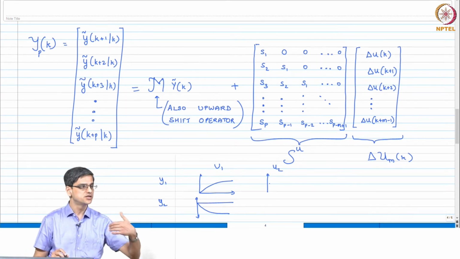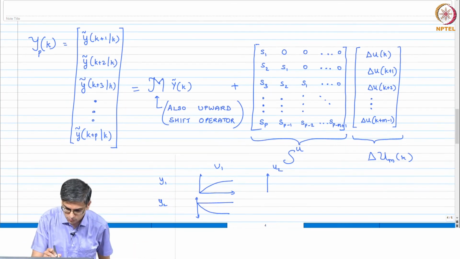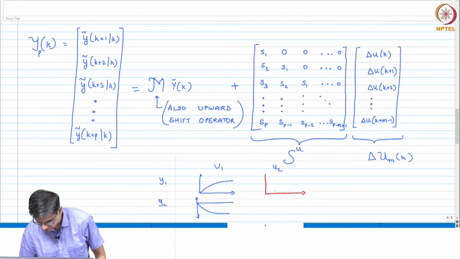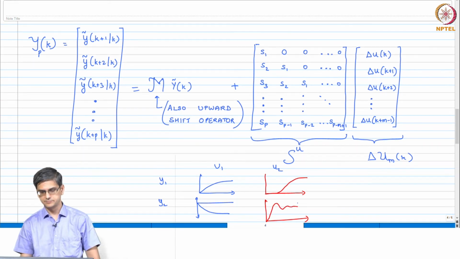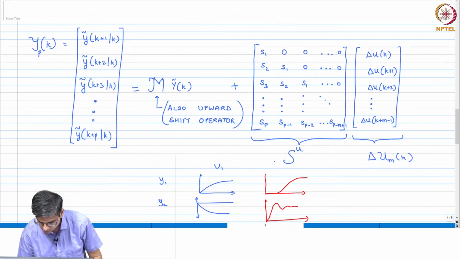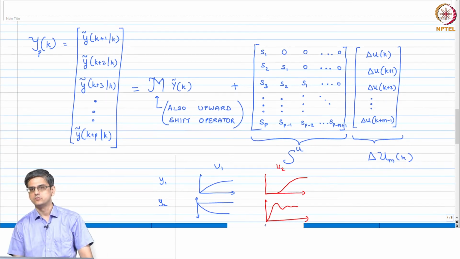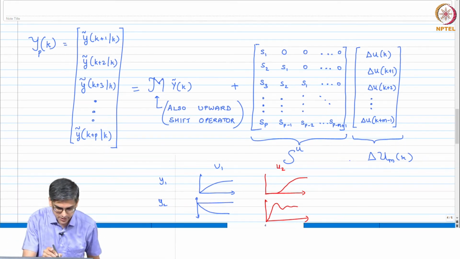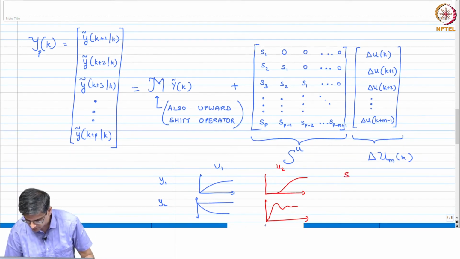Then you do one more experiment. Now you give a unit step change in u2. When you give a unit step change in u2, your y1 responds like this, and let us say your y2 responds like this due to the change in u2. So what is going to be S1?